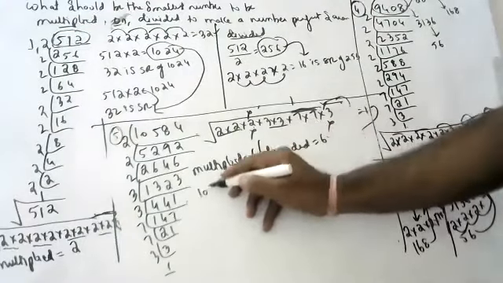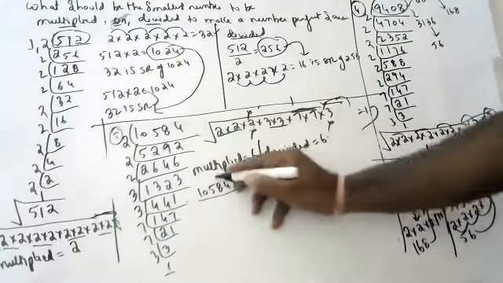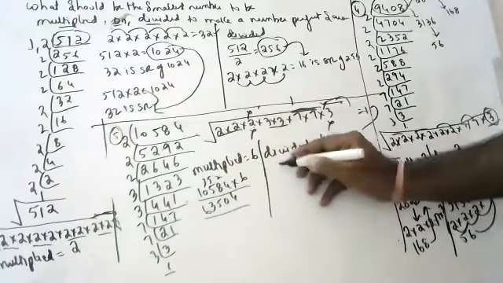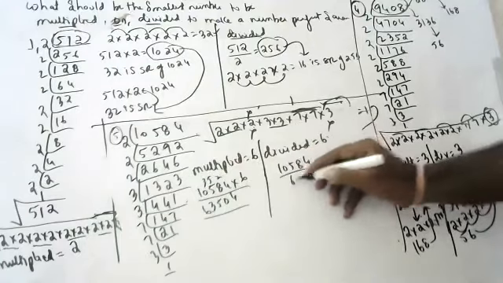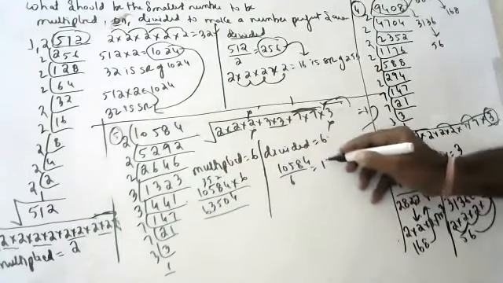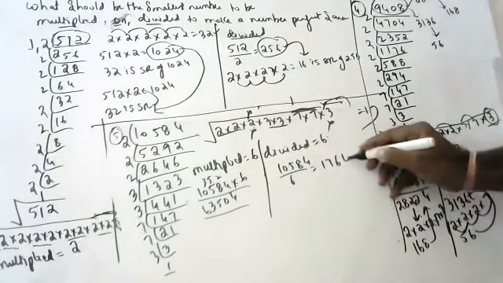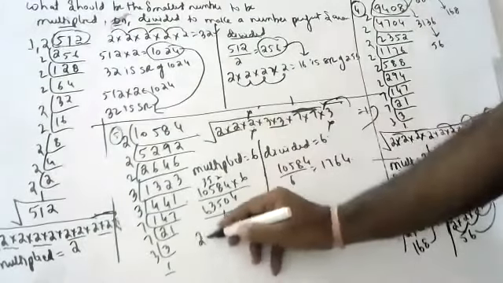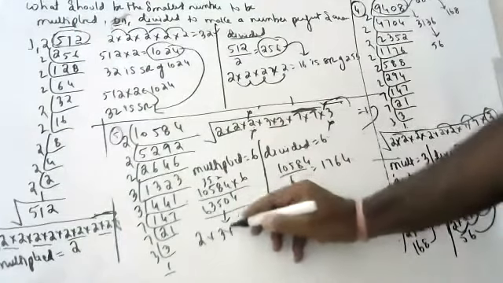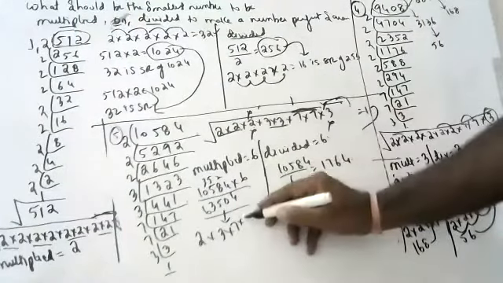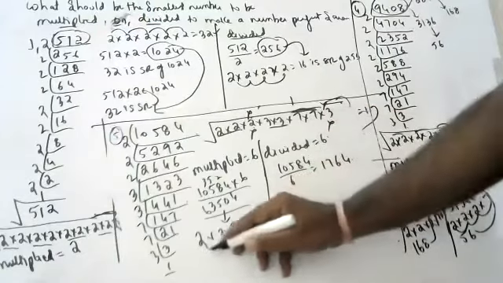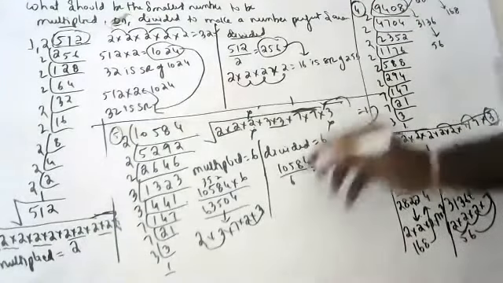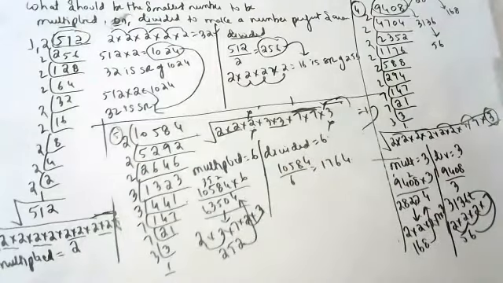If you multiply 10584 with 6, what will you get? 6 8s are 48, 6 5s are 30, 35, 63504. This you will get. If you divide by 6, what will you get? 6 1s are 6, 6 7s are 42, 6 6s are 36, 6 4s are 24, 1764. For 63504, what would be the square root? 1 2, 1 3, 1 7, and for 1 2 and 1 3 we have given. So 2 3s are 6, 6 6s are 36, 36 into 7. What is 36 into 7? 7 3s are 252. 252 is the square root of 63504.